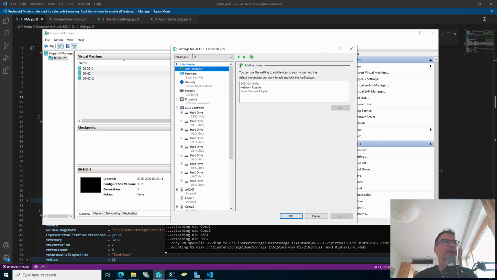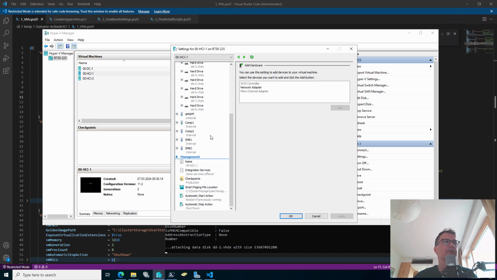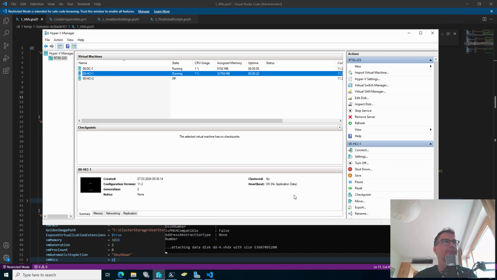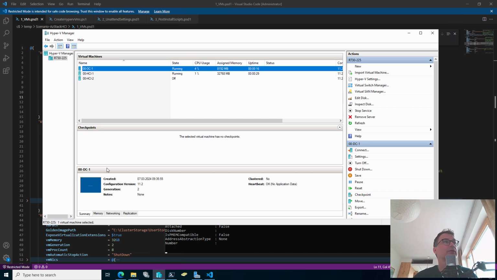So that's our first Azure Stack HCI node. 32 gigs of RAM, 8 processors. Yeah, that looks good. Love it. And once the virtual machines are created, they will be booted up and will start their process